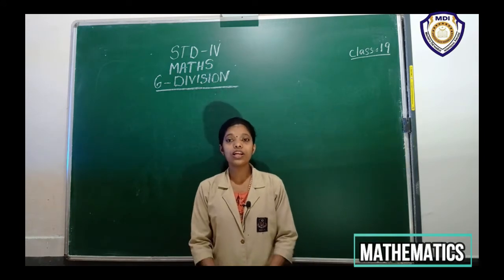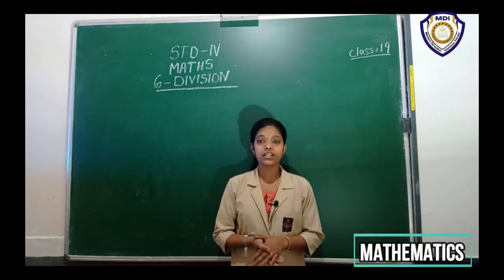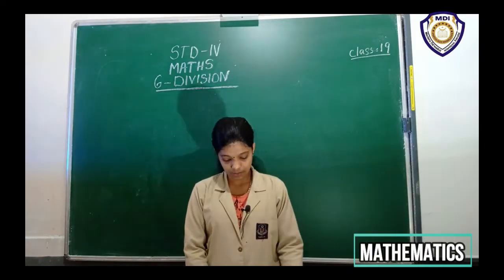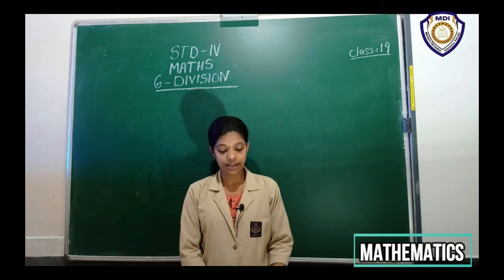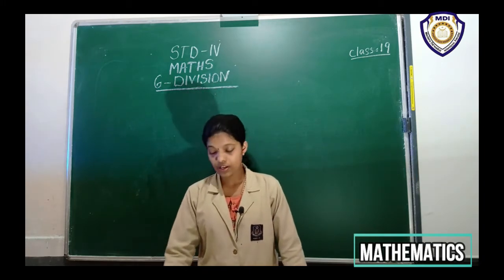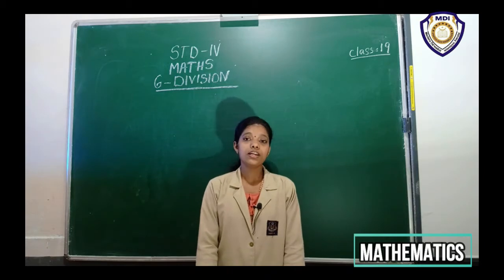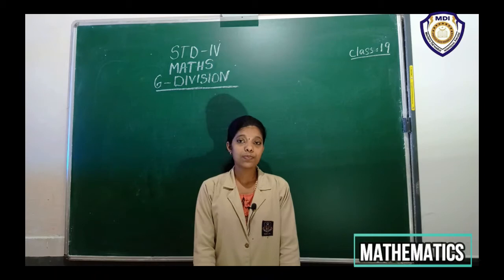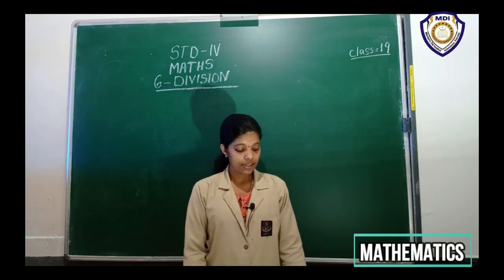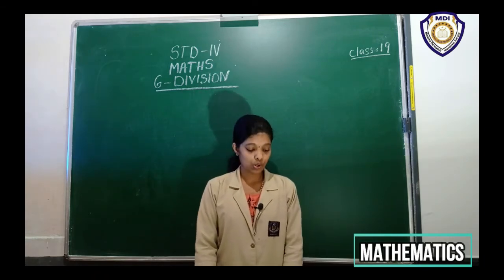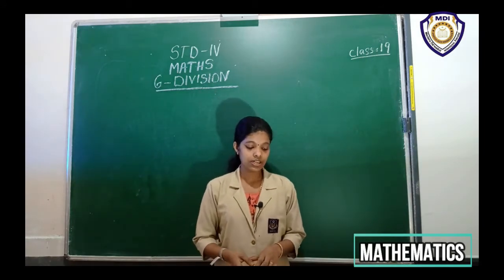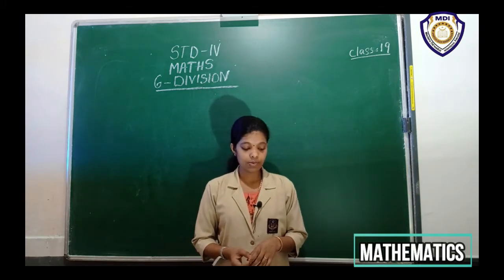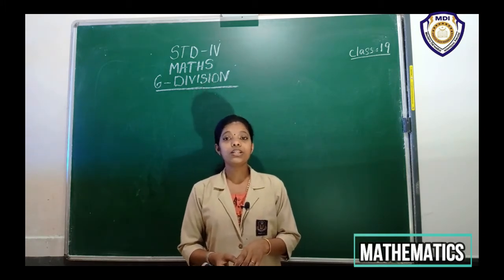Today we are going to learn about our new chapter 6, division. Are you ready? Okay. All of you take your text, page number 120. Our chapter is division. Division is repeated subtraction. In this chapter, we learn about some topics: properties of division, division by 10, 100 and 1000, division of a 4-digit number by a 1-digit number, and division stories.